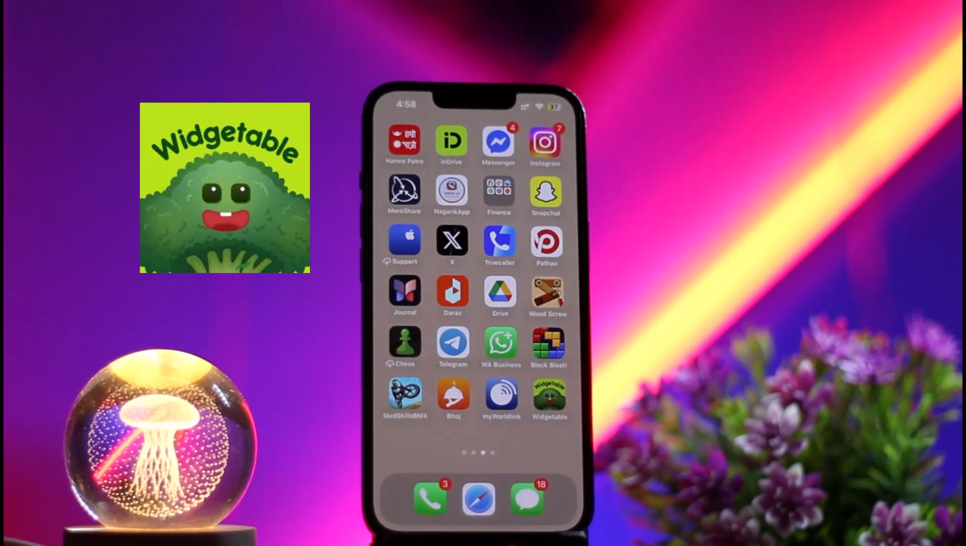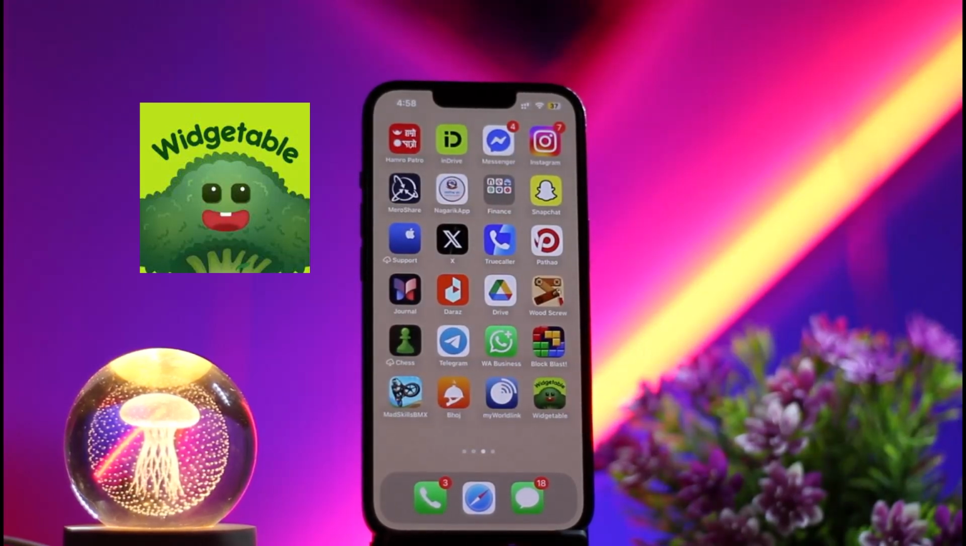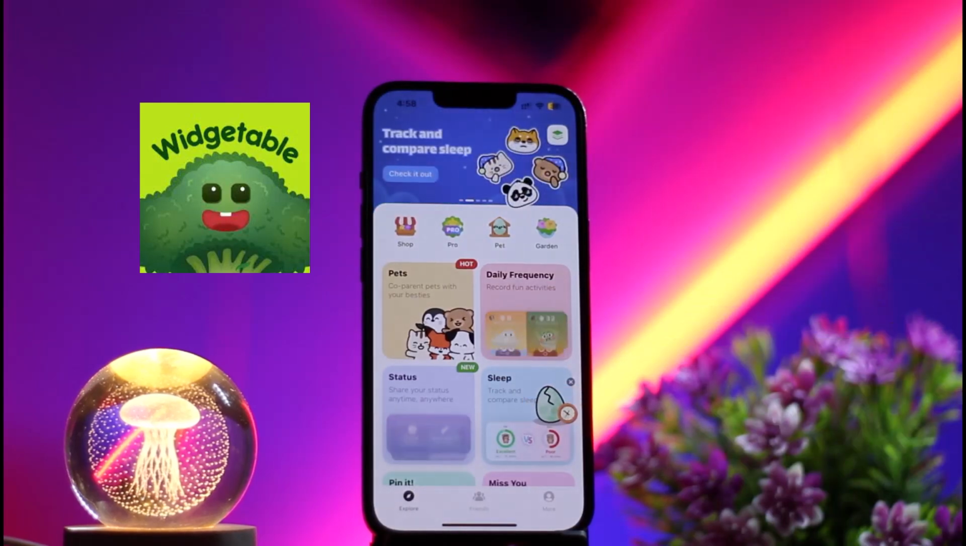So let's get started. The first basic thing you need to do is make sure that you have installed the Widgetable app on a device. If you have not installed the Widgetable app, you just need to install it from App Store or Play Store on a device. After that, you just need to open the Widgetable app, and this is the home page of Widgetable, where you'll see various options on the bottom taskbar as well as various options at the upper